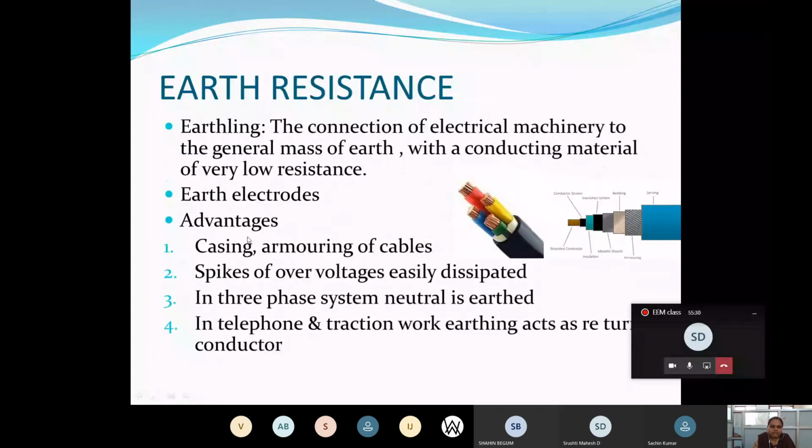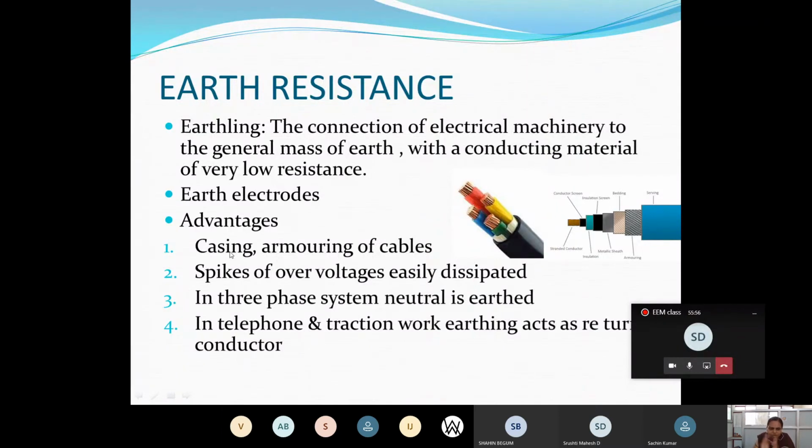Next, what are the advantages of earthing in cables, and how does it work? I have shown the figure here. Observe the figure. It's a cable. Within that cable you have different small cables. The yellow colors are there, right? These are phases. I hope you have seen in the main supply that colored wires will be there. Those are wires like that.